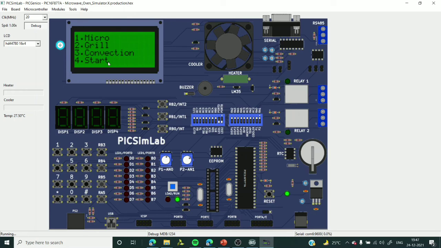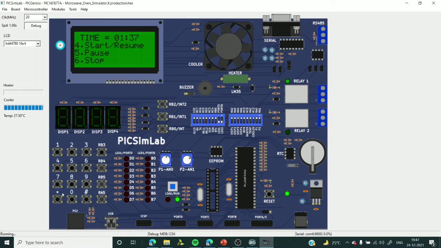So next off, we have a start mode. Start mode is a kind of different and interesting. So when we press the key 4, we can see that there is no time display asking for us to input the time, but rather we have already preset it to 30 seconds. Now let's say I don't want my oven to work in start mode for 30 seconds, but I want it to work for 1 minute. So what I do is I press the key 4 again. So when I press the key 4 again, we can see that the time is incrementing.